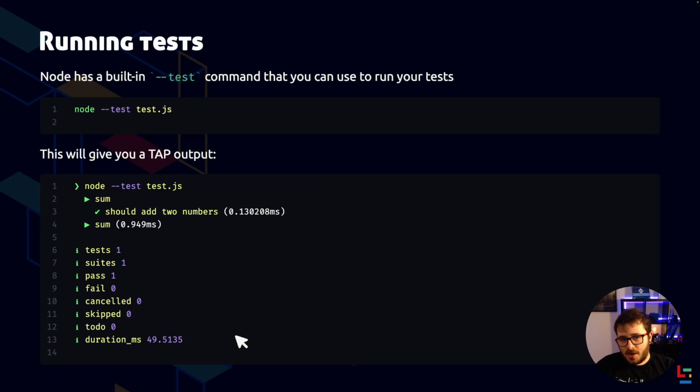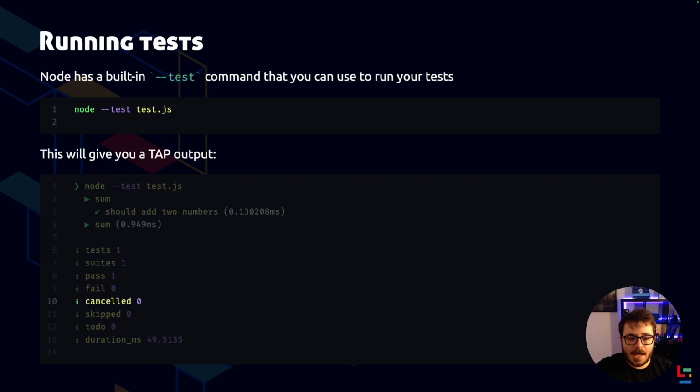So it took about 40 milliseconds to start up. Or I haven't measured it yet, but it took some time to start up as well. But also it supports things like canceling tests, aborting tests early if you want, via abort signals, for instance. It can be skipped, so you can have test.skip or test.only in the functions that you can skip the tests. You have todo tests, so if you want to just add a placeholder test, you can todo